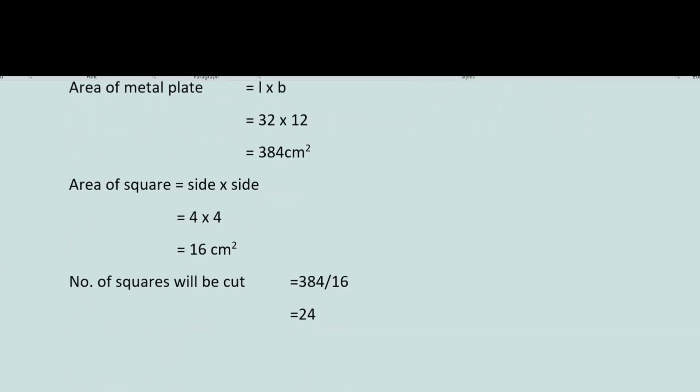Now how many squares will it be? Then what you will do, you will divide the total area of the rectangular metal plate by the total area of the square in which it is being cut. So when you divide you get 24, meaning from the rectangular metal plate, 24 small squares of length 4 centimeter can be cut. Next,